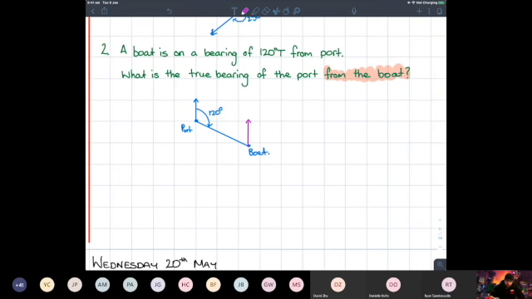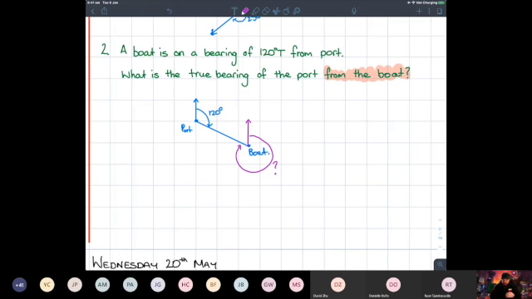We're going to look north. And once we look north, we're going to rotate clockwise until we look back at port. So that's what we are asked to find. Hopefully you guys are starting to see that